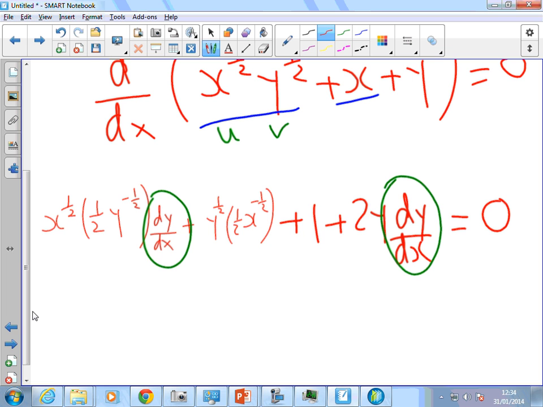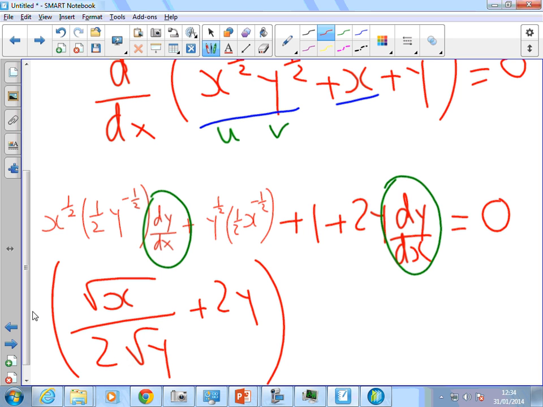And what I'm left with is x to the power of a half. We can write that as root x over, because y to the minus a half is 1 over the square root of y. So it's over 2 root y plus 2y, dy by dx